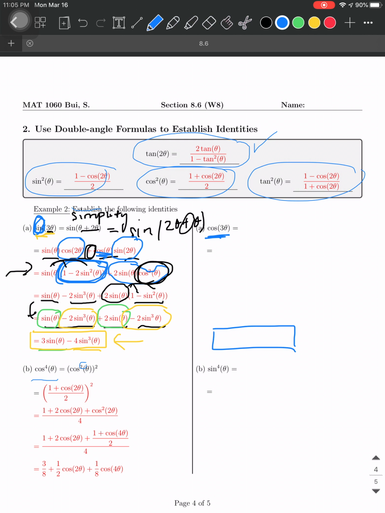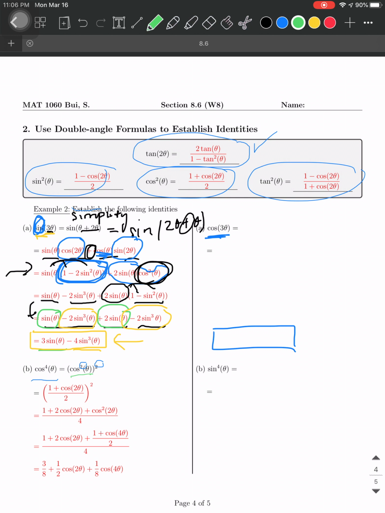Because we know that 2 times 2 is 4, or 2 squared is 4, right? So from here, we will write it as cosine squared of theta, all squared. Technically, we're going to have a 2 on the inside and another 2 on the outside. So together it's 2 times 2, which is 4, or 2 squared, which is 4. Okay, on the inside right here,